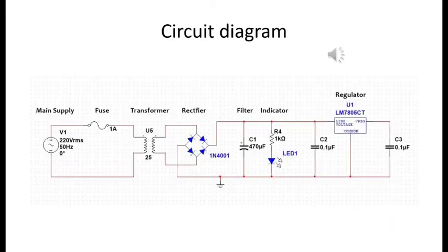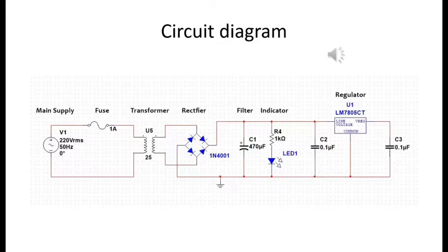This is the circuit diagram that has to be developed on the breadboard using the various components and consumables that were specified in the previous slide. We are starting with a transformer that accepts 230 volts AC as the input. The transformer is a step down transformer, as we have specified earlier. And next we need a rectifier. The rectifier is a full wave rectifier, that means a bridge rectifier, wherein we have used 4 diodes.